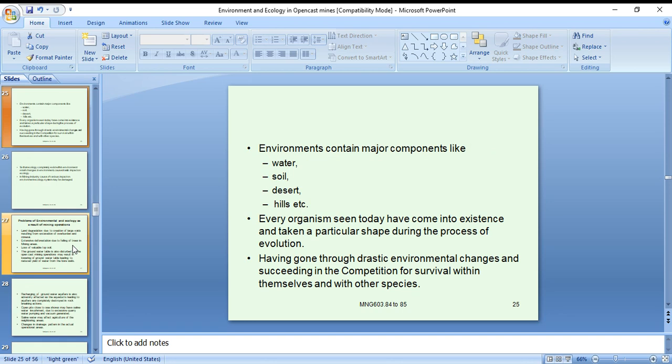Every organism seen today has come into existence and taken a particular shape during the process of evolution, having gone through drastic environmental changes and succeeded in the competition for survival within themselves and with other species.